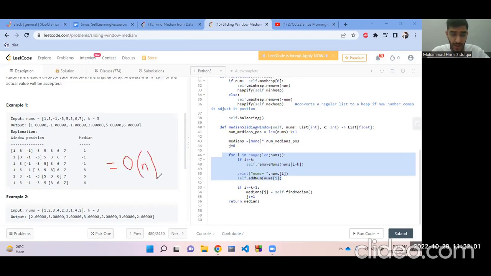In general our time complexity in a heap is log of n, but in this case it is O of n because of the window size case. Our space complexity is O of n as well, because we created